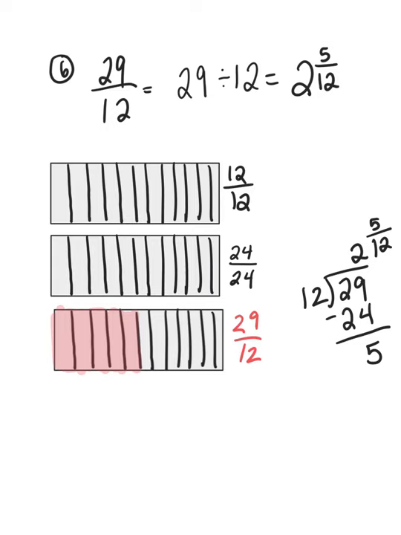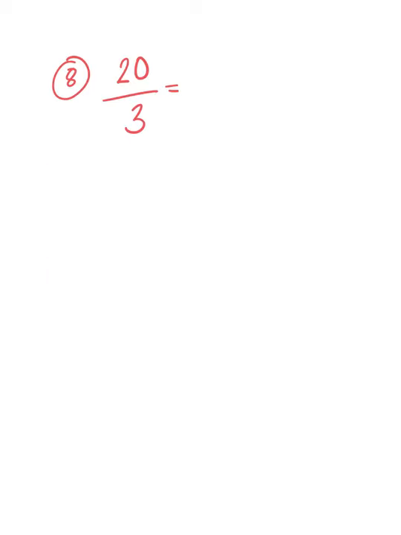So all together, I have 1 whole, 2 wholes, and 5/12. So I have 2 and 5/12, which is the same answer that I got when I worked the division problem. Okay, next we're going to work on number 8,